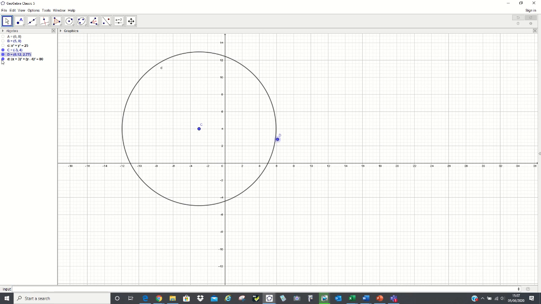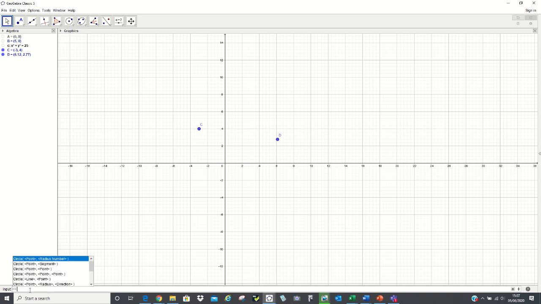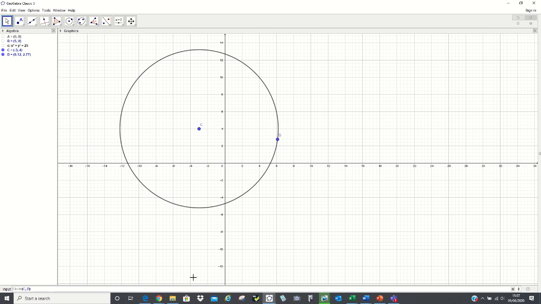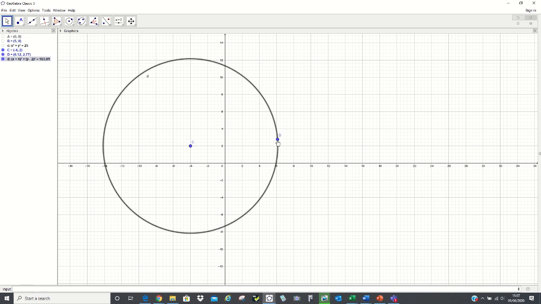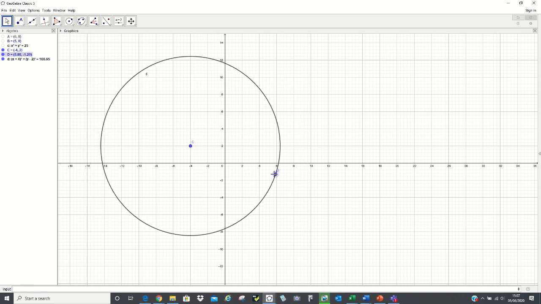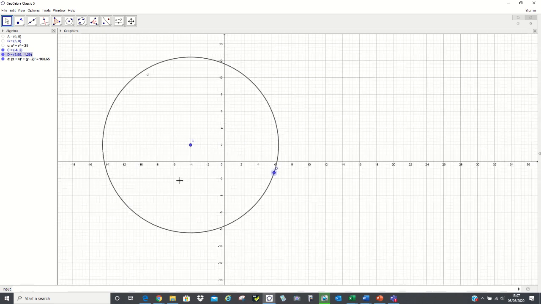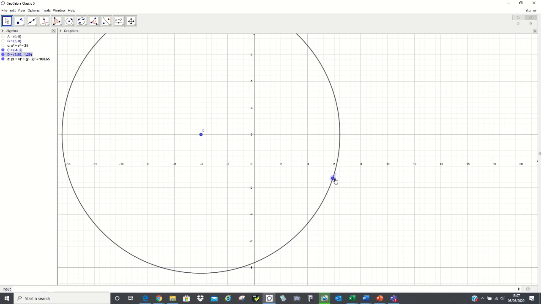Let's get rid of that circle so we can delete. I want it to, so circle, point, point, start at C and join it to D. Right, that's good. Right, so what's happening when I move C? Is it still going through D? Yeah, that's better. And as I move D, right, so we've got circle, center (-4, 2), and we'll have a